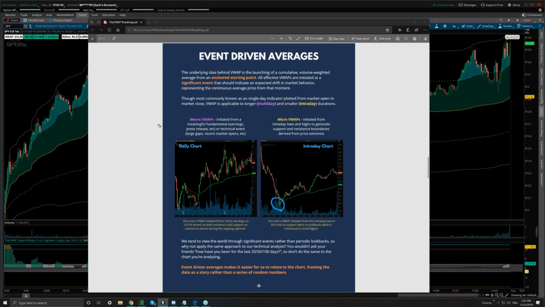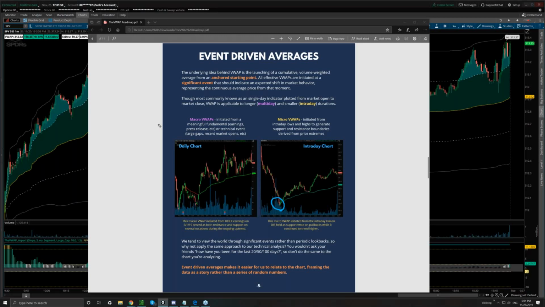But I will tell you also that there are the usual suspects, like what I've mentioned, that are a good starting point. I've had traders before who've looked for significant gap events, geopolitical news, a Trump tweet. There's all sorts of events. The reason we would want to use something like a VWAP from a critical event is, again, it goes back to the cumulative nature. If we said, hey, Jim, how have you been since you started that new job? What we're effectively asking is a cumulative question from whenever this guy, Jim, started his new job.